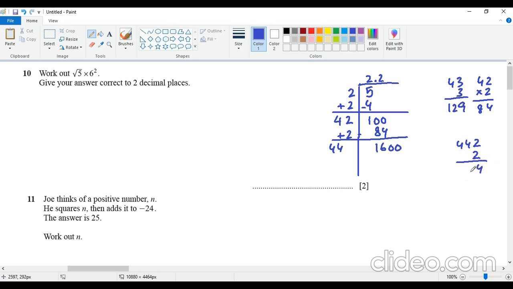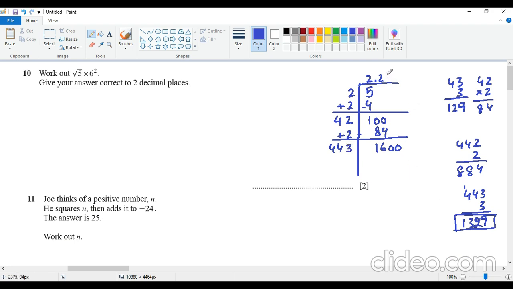2 times 2 is a 4, 2 times 4 is a 8, 2 times 4 is also an 8, which is a pretty small number. We go for 443, that means 443 times 3. This gives me 3 times 3 is a 9, 3 times 4 is a 12, 3 times 4 is a 12, and 1329, which is quite close to this number. Get it? Now we can go for 444 times 4 also, but still that's going to be more than 1600. So I'll go for